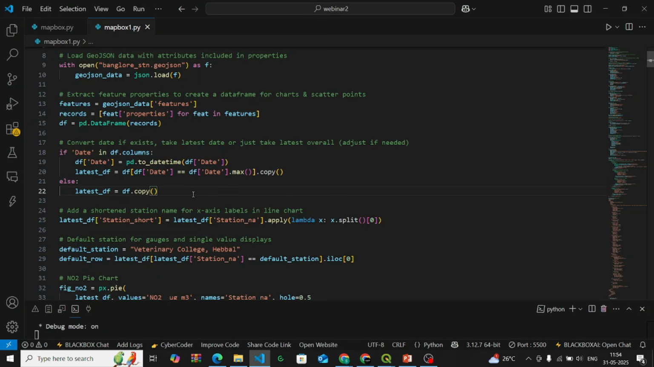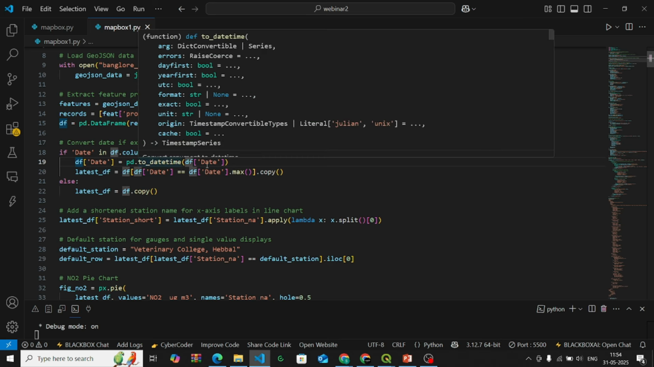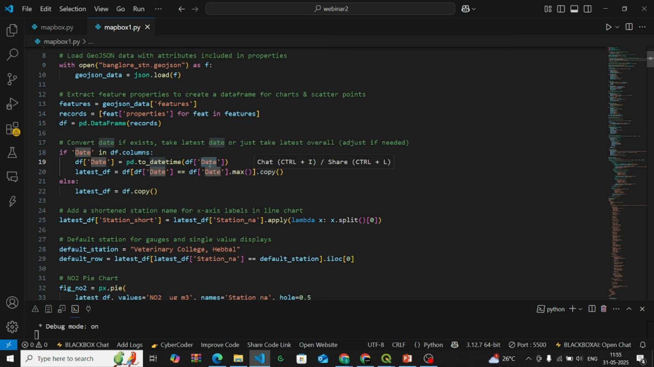For calculating that, in the if condition I've provided: if date is a column that I'm using in df.columns. df is a data frame which consists of all the attribute information right now. So df.columns will return you the entire column data in the attribute table. In that we are accessing the date column. So df['date'] equals pd.to_datetime. Here we are accessing the date of every